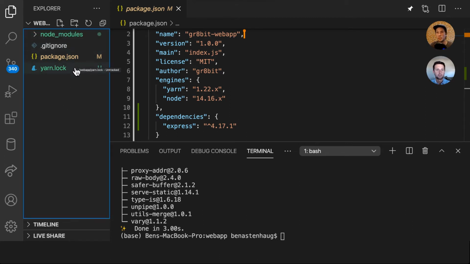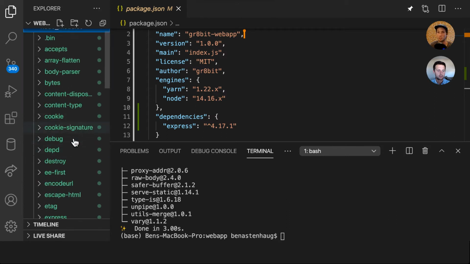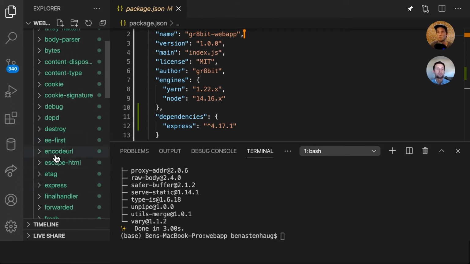It is new, but it's only new because we didn't have any dependencies in our project. Since Express is our first one, it's like, okay, this is where we're going to store all of the dependencies. Got it. So that's fascinating. I added Express using Yarn, and it went and got Express,